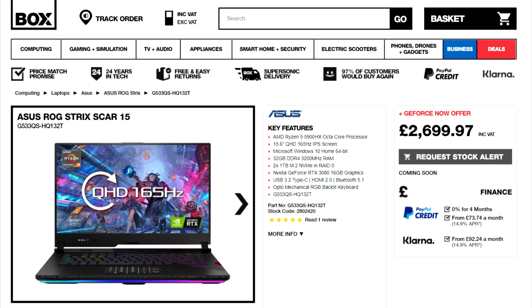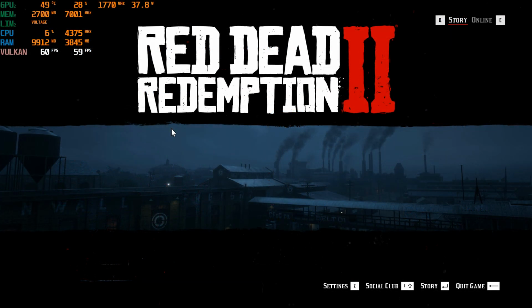So these things are selling like hotcakes, and I think that'll be the issue with pretty much any decent spec laptop that's reasonably priced. You can go off and spend £4,000 if you want, but you're just not going to get your money's worth, in my opinion. 2,000, 2,500 is really where you want to be looking, in my opinion. You could also argue that it's worth just getting a 3070 GPU, which yes, you probably are going to get similar performance. But anyway, let's get in and look at this Scar 15 3080 with the 8GB of GPU and